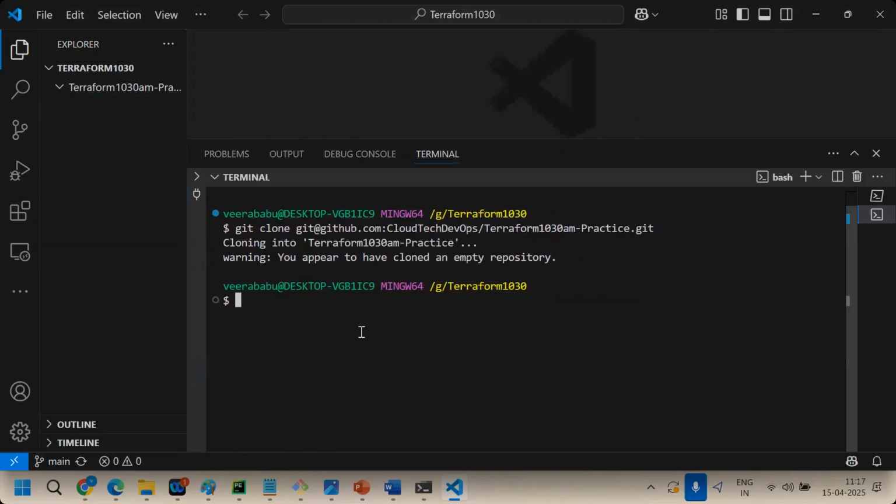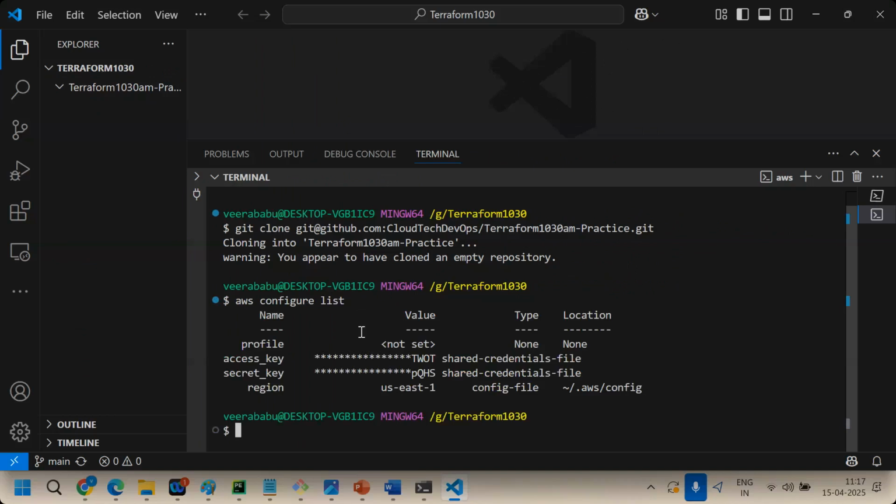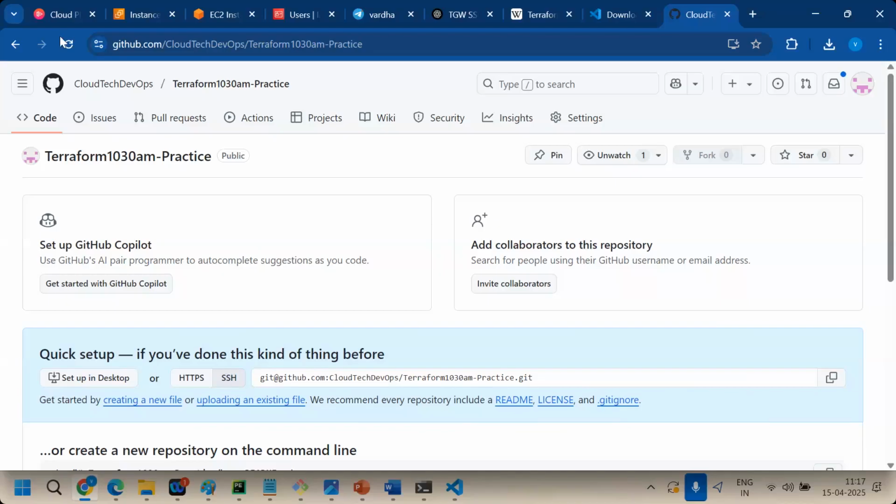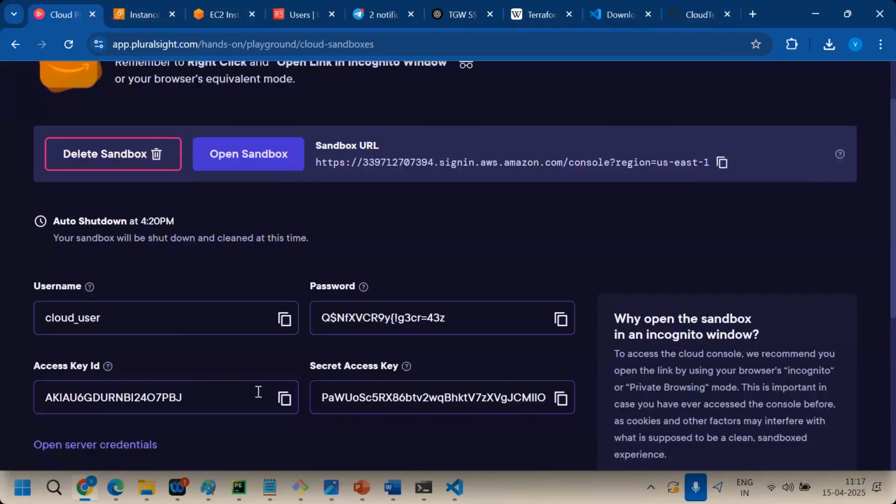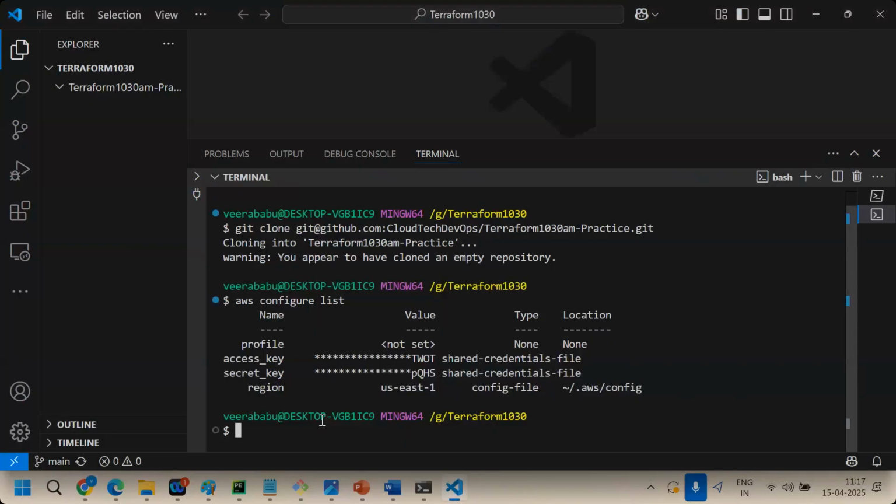Before that, we need to check whether keys are configured or not. aws configure list. My end key is already there. These are wrong keys, I mean, old account keys. I need to update the keys with the new account. Let's configure the access key. aws configure.